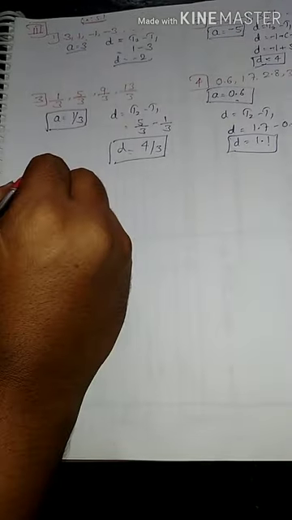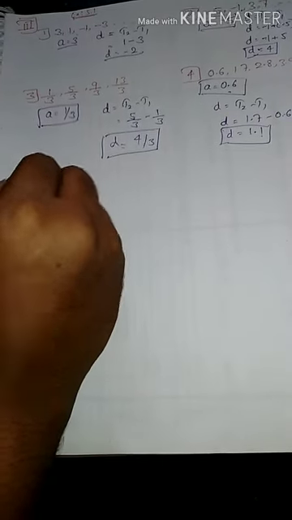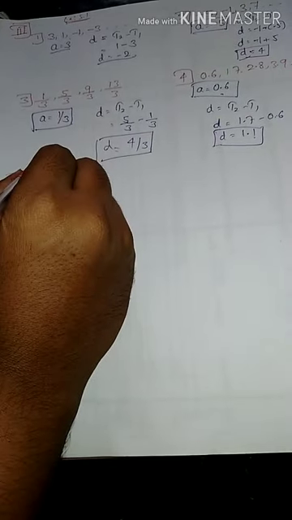And next, fourth main, 5.1, fourth main. Which of the following are APs? If they form an AP, find the common difference d and write 3 more terms. So once again I will repeat the main. Which of the following are APs? If they form an AP, find the common difference d and write 3 more terms.